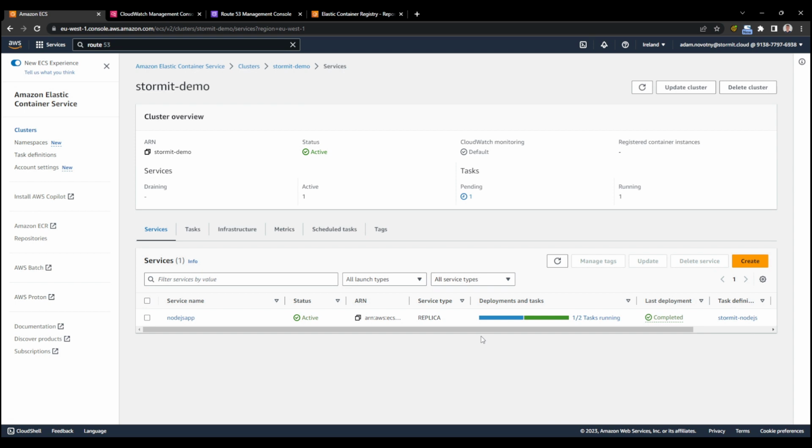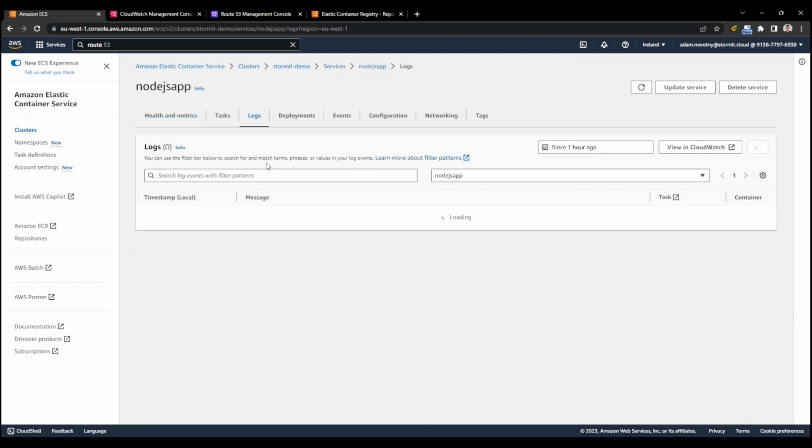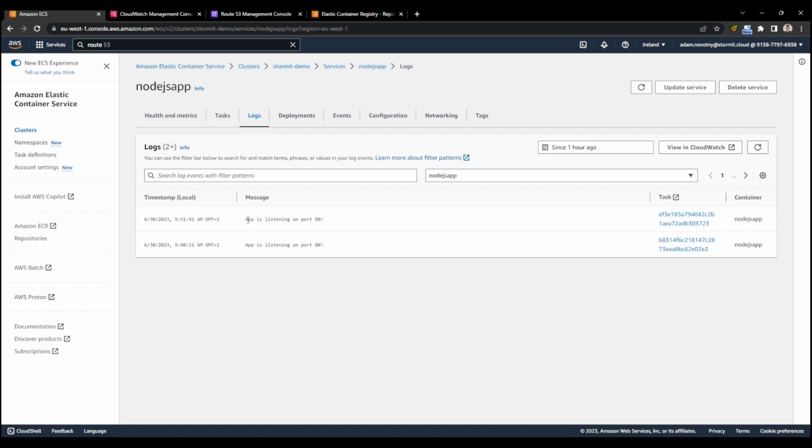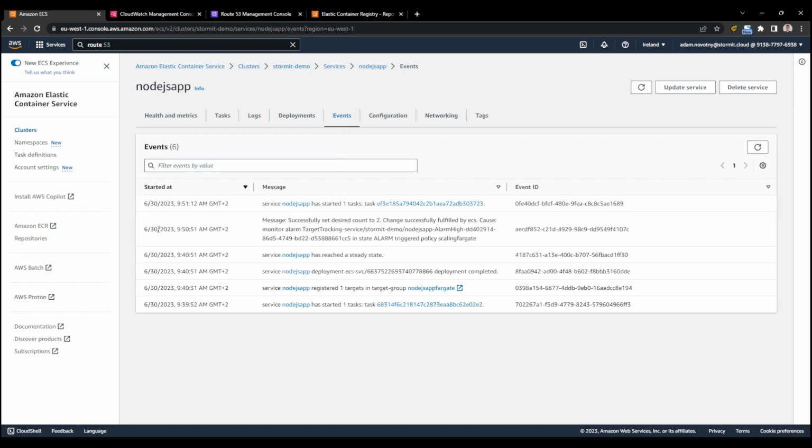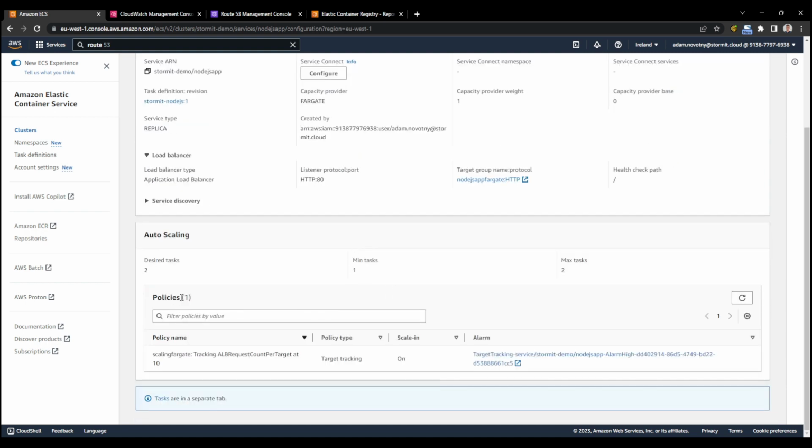So let's wait. After 3 minutes, we can see that we will get a second task, basically a second instance. And we can go to the app itself and to logs, and we should see that there is a second instance that is listening on port 80, and events should show that at one point we get successfully to set to desired count 2,